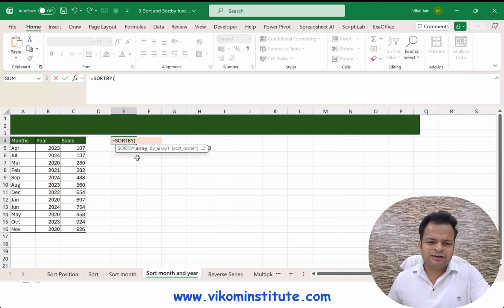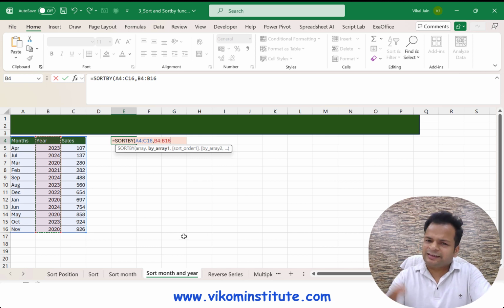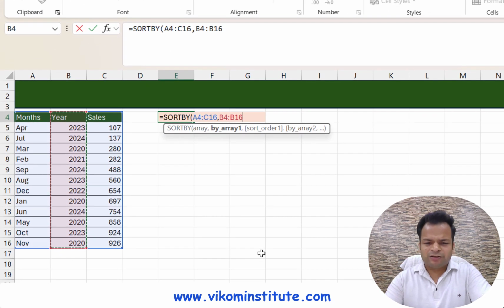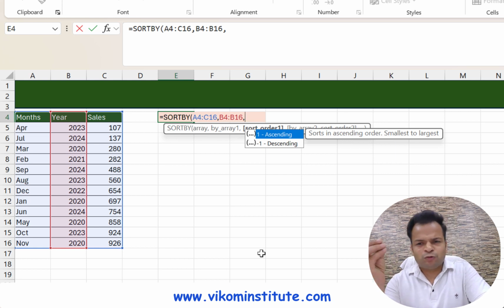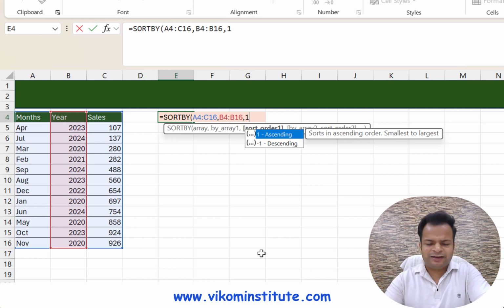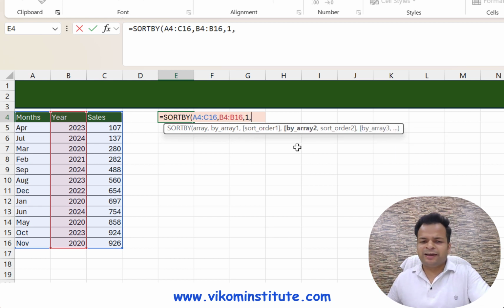So what I'm going to do, I'm going to use array. By array means year, so it is automatically going to sort your year now, because it can take in a numeric position. So I'm not putting sort order. You can skip it. Let's say if you want to put it, you can put it. So let's say still we are putting it ascending order. By array second, now it is asking me second array. So second array would be this one.